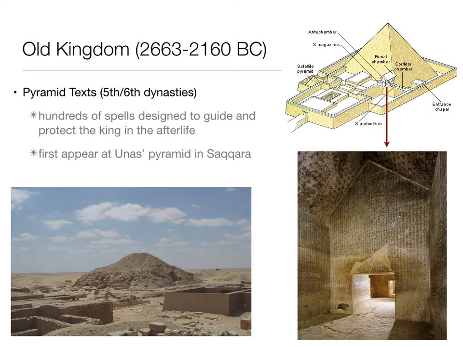So one thing we didn't have a chance to talk about last week was some of the new texts that emerge at this time, the new sources that we have toward the end of the Old Kingdom. Of course, the Giza pyramids are really the climax of the pyramid construction phase. After that, pyramids continue to be built, but they're just not as large, as impressive.